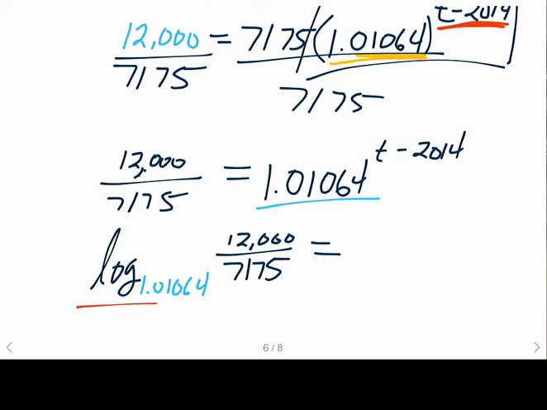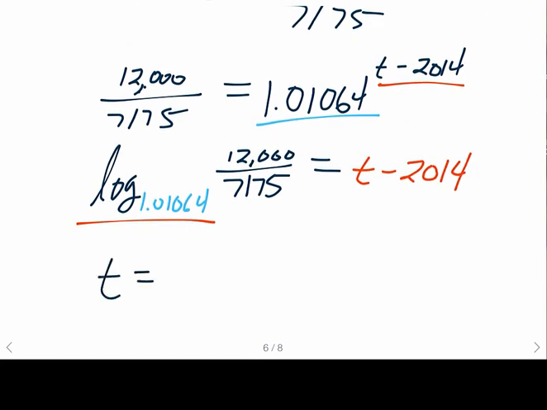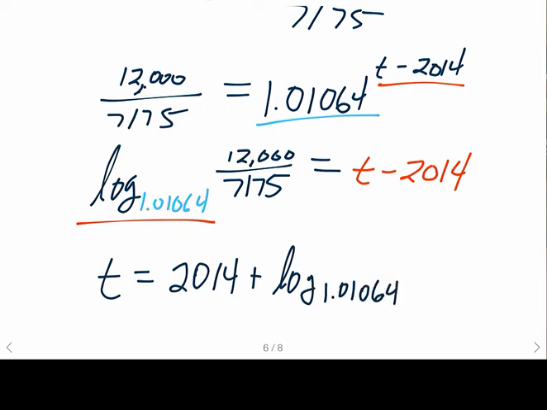Well, remember, a logarithm is an exponent. And so it's equal to t minus 2014, which means that t is equal to 2014 plus log base 1.01064 of 12,000 divided by 7,175. We are going to find out how to do this using a calculator down the road, but for right